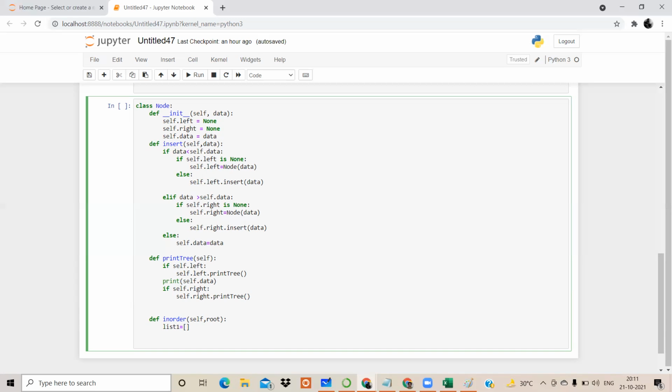So for example, if we want to create some complicated logic such as create a tree, and afterwards we are extending that code to search whether a certain element is present inside that tree or not. So if you want to do like that, then obviously मेरे हाथ में उसका एक already created list होना चाहिए, so that the searching and everything becomes easier. So that's the reason we are creating this list.